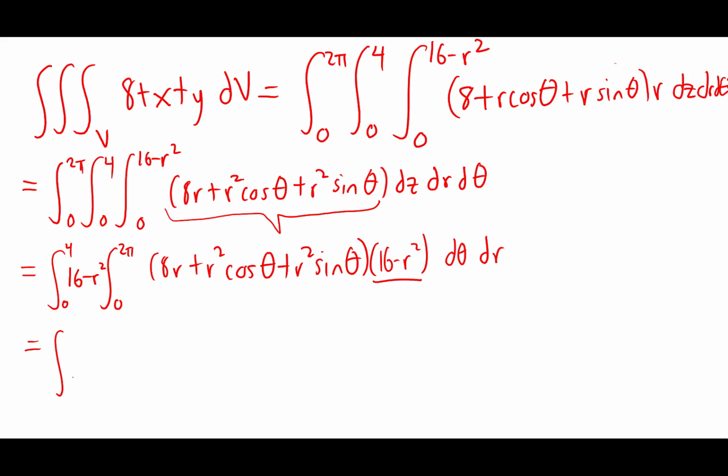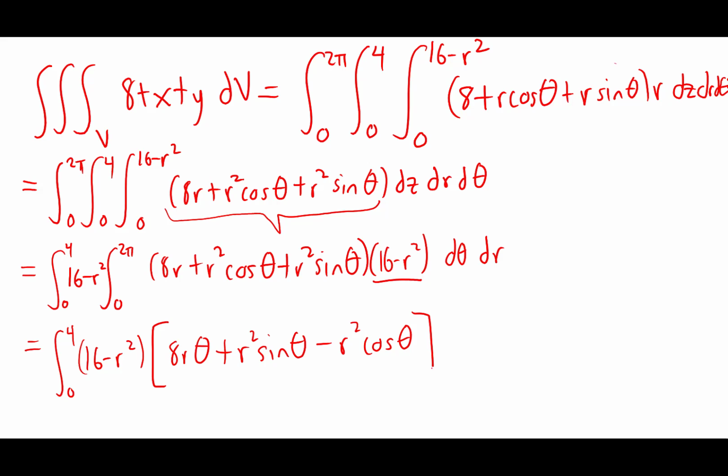So this is going to give us the integral from 0 to 4, 16 minus r squared, times, okay, now if we integrate with respect to theta, we'll get 8r theta plus integral of cosine is sine minus integral of sine is cosine. Okay, evaluated at 2 pi and 0. Let's not forget our last differential there. So this becomes integral 0 to 4 of 16 minus r squared